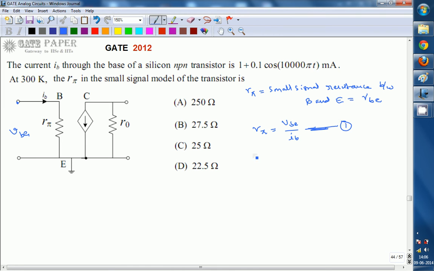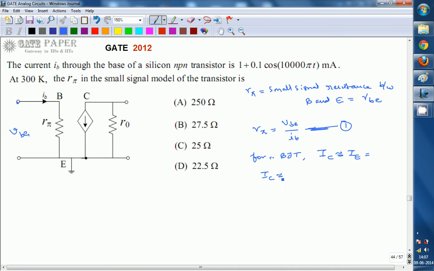We know that for a BJT in amplifier mode, in amplifier application, IC is approximately equal to IE. IE is nothing but the emitter current, the current flowing through the emitter base junction, which is forward biased in the active region where the BJT is acting as an amplifier. Under forward bias, the emitter base junction simply acts as a diode. So the emitter current can be written in terms of the diode current equation.